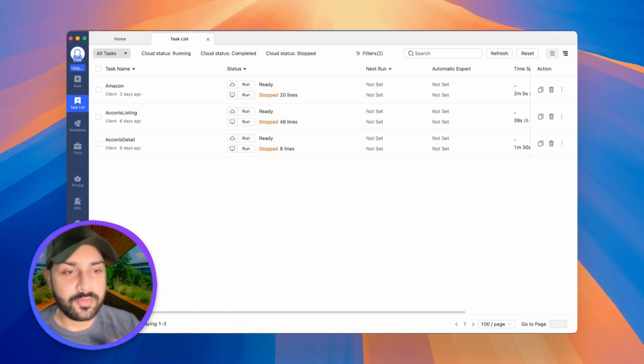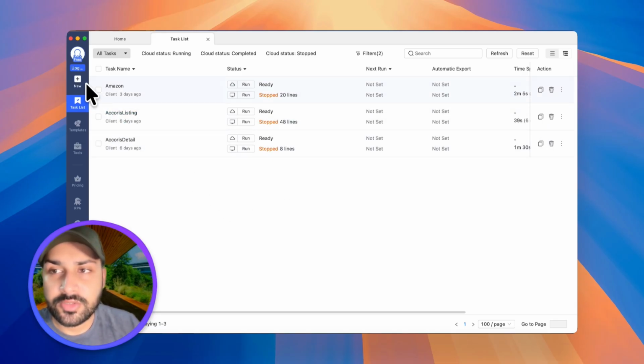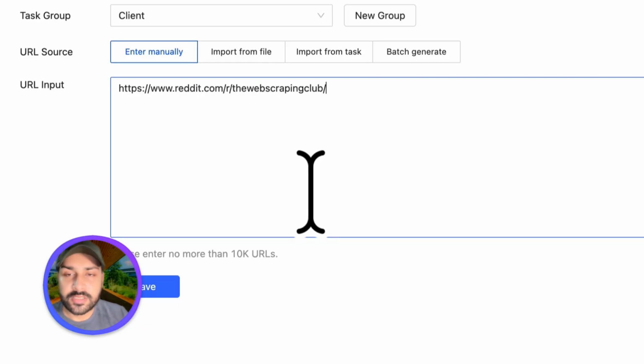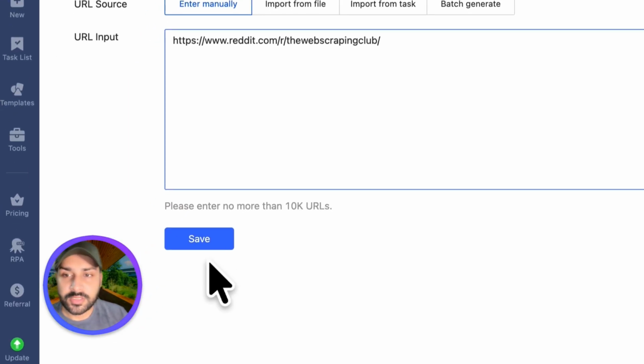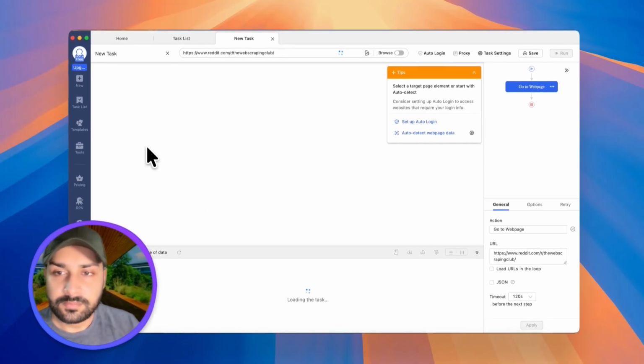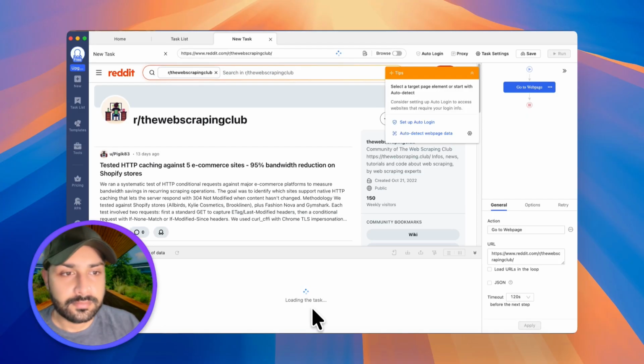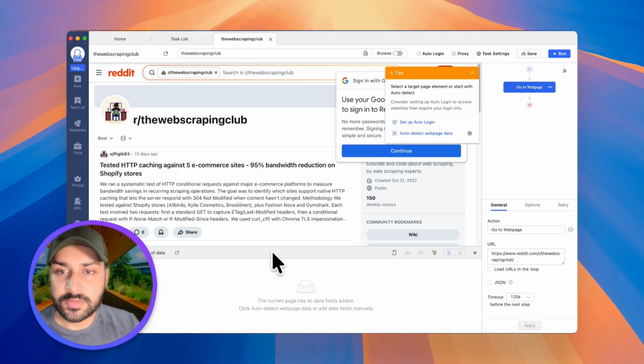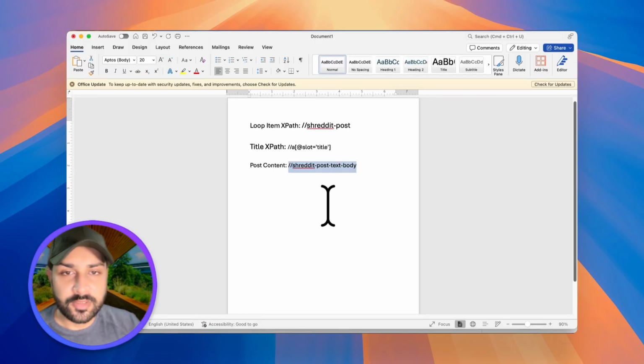Now the dashboard of Octoparse will look like that for you. The next thing that you will do is you will click on new, click on custom task, and then paste in that URL in the text box and then click on save. Okay, once that is done, the next thing that we need to do is we need to get the title and everything. But for that, I have